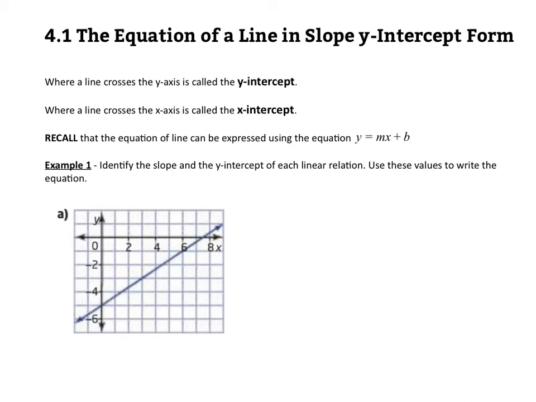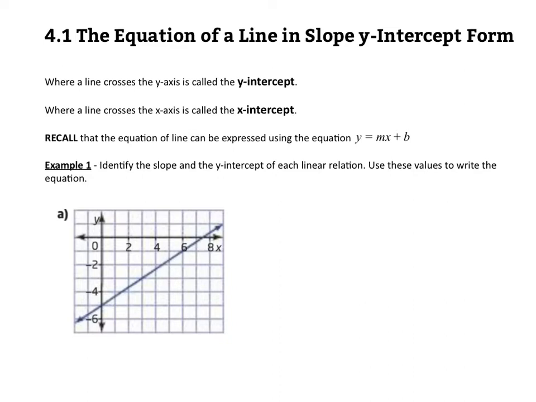The equation of a linear relation can provide us with a lot of information about the key features of a line. In addition to knowing the slope and the initial value, the equation can also be used to solve for the x and the y-intercepts. The y-intercept is where the line crosses or touches the y-axis, and an x-intercept is where the line crosses or